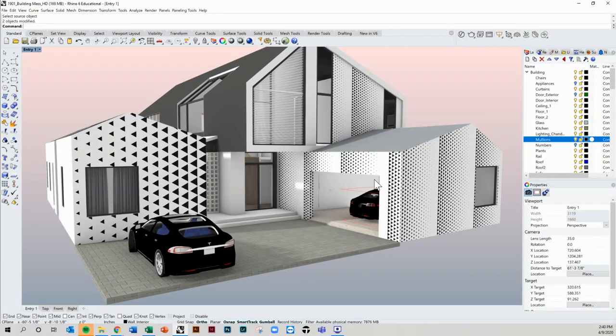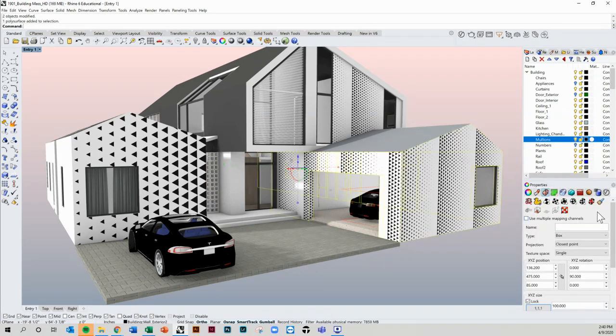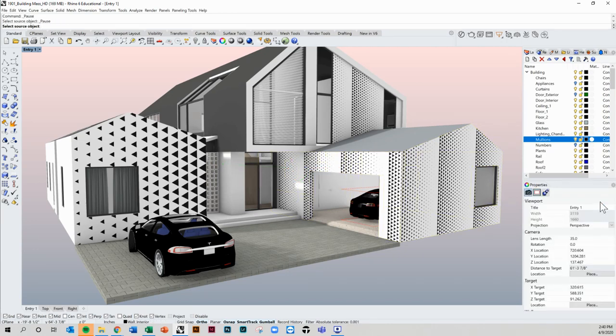So what I'm going to do is, rather than applying this over to here, I'm going to apply this back over there. And so what I'll do is select this surface. I'm going to go to this match mapping brush. When I click it, it's going to ask me to select the source object. So when I click here,